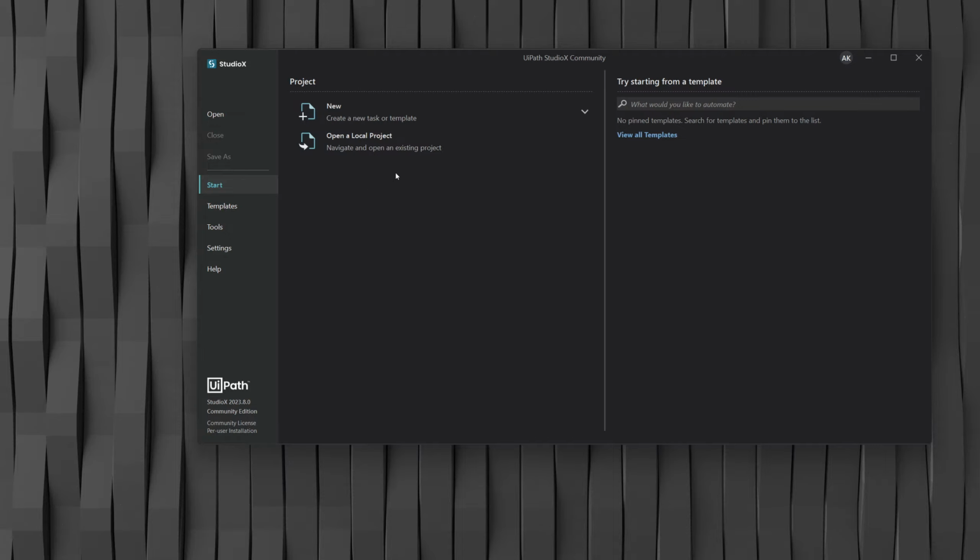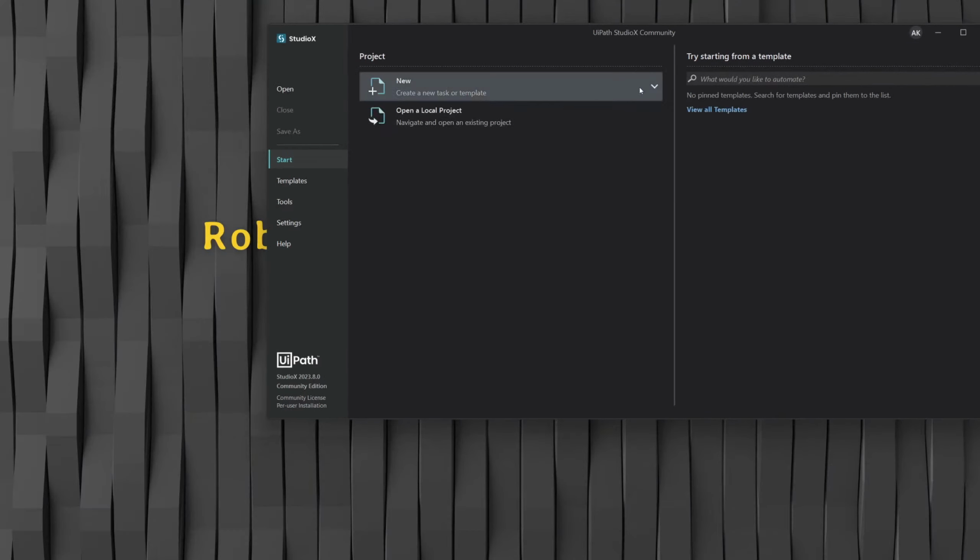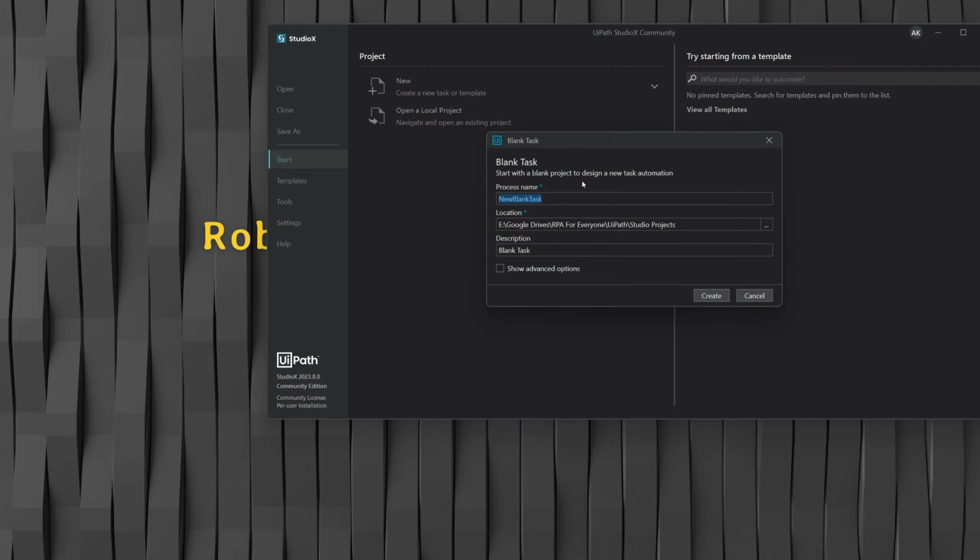But let's do the inverse, just for the sake of comparison. Let's start with a new Studio X project, and here, as I can see, I can create a blank task or I can create a template. Let's go with blank task because I just want to